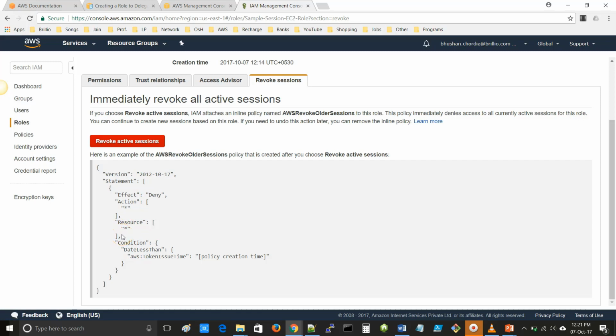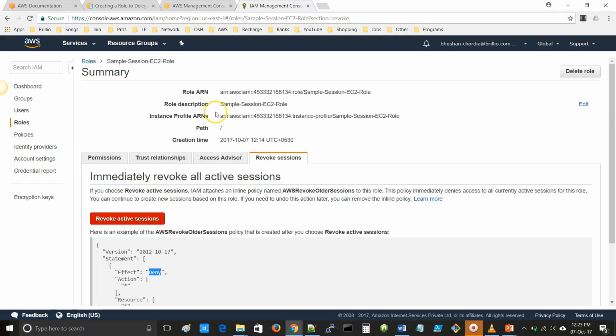So the EC2 service cannot access any service because we are denying it. Suppose we have attached the S3 full access policy to the EC2 and EC2 is recursively deleting important files in S3. So we can create this revoke active sessions, and it will stop deleting the files from S3 using the EC2 service.